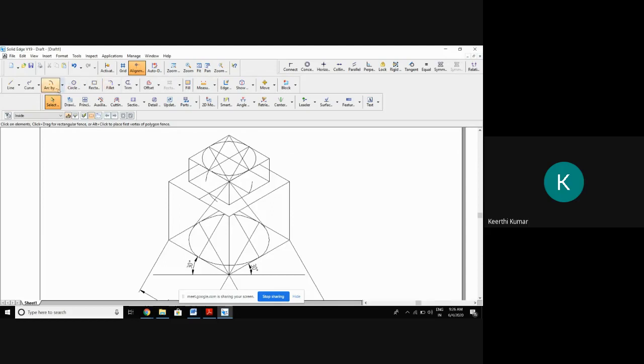After this, take a compass. Take a compass, keeping this as a center. Observe that carefully. Keeping this as a center, this as a radius, cut an arc till here. Finished? Yes, sir. See, on the screen I have highlighted it with the pink color. That is a hemisphere, correct?